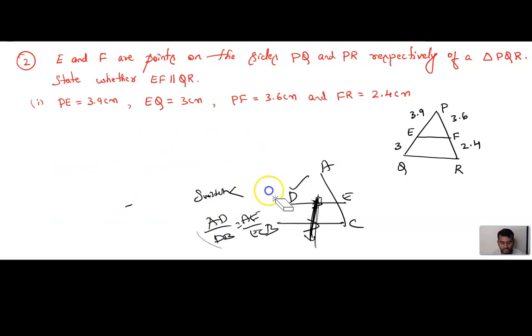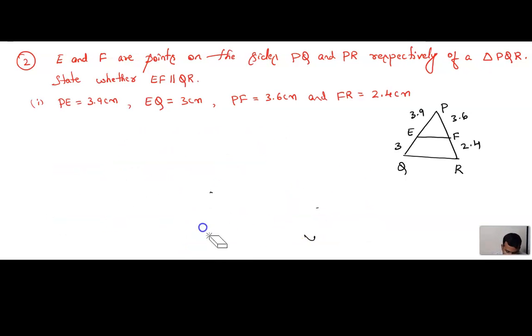Yeah. अब इसके अंदर हमारे को क्या करना है? What we need to do here, children? Shall we apply BPT? Yes, sir. If this side and this side proportionals are equal, then we can say that EF is parallel to QR. समझ में आया बेटा? अब इसमें LHS क्या है? PE by EQ. RHS क्या है? PF by FR. ये दो भी साइड्स क्या रहना? मतलब कि दोनों को भी कैंसिल करें तो आंसर क्या आना हमारे को? सेम आना. Then we can say EF is parallel to QR. अगर सेम नहीं है, then EF is not parallel to QR.